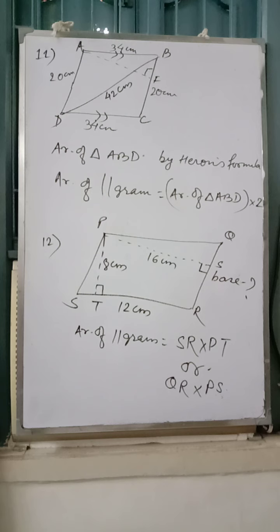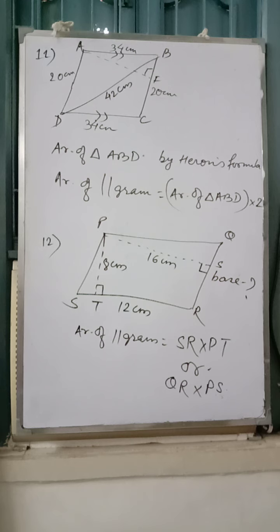Number 13, it says two adjacent sides of a parallelogram are 20 centimeter and 18 centimeter. If the distance between the larger sides is 9 centimeter, find the area of the parallelogram and also find the distance of the shorter sides. The same thing. The distance between the larger sides, which is larger out of 20 and 18? 20 is larger. So 20 is base, 9 is the height. So what will be the height if 18 is the base? You have to find it.